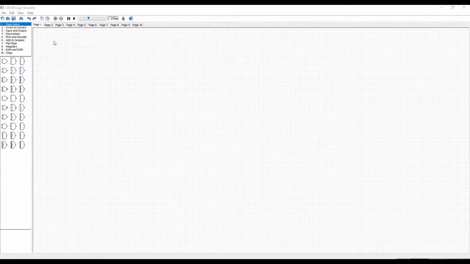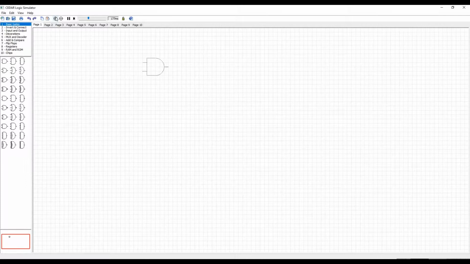In the fourth panel we can see a text label, and it is named Decorations. If we want to put text in our circuit, we can use this text label. We can use these decorations to name our inputs, outputs and gates, and if we have to put a topic, we can use this text label. There are some other panels which contain some advanced circuits we can use whenever we want.